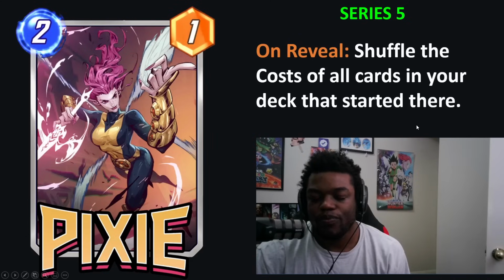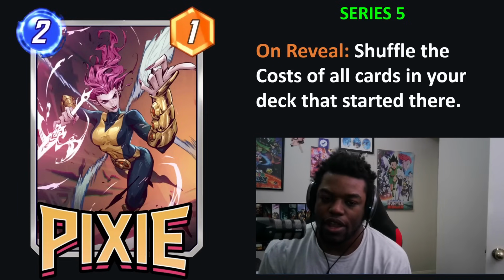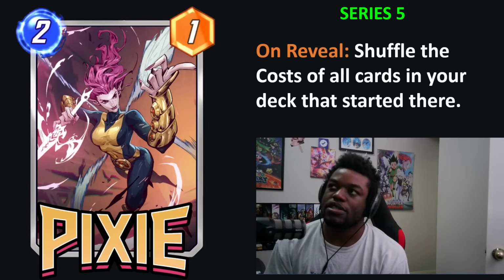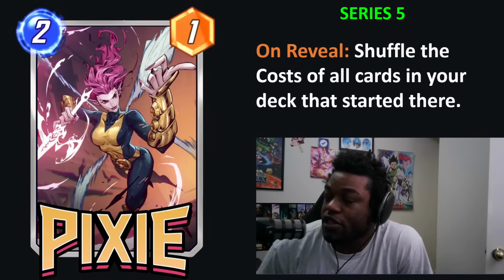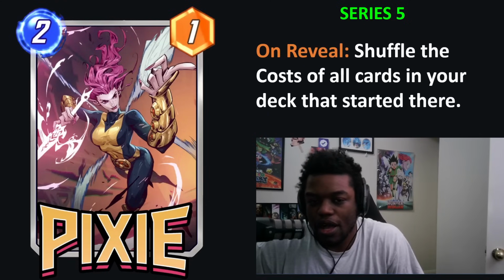Next up, we have Pixie. So Pixie is on reveal, shuffle the cost of all cards in the deck that started there. So it seems very intentional that this does not work with Thanos, because Thanos stones do not start there. So you're not going to be able to shuffle the stones and get a 1 cost Magneto or something like that. So definitely